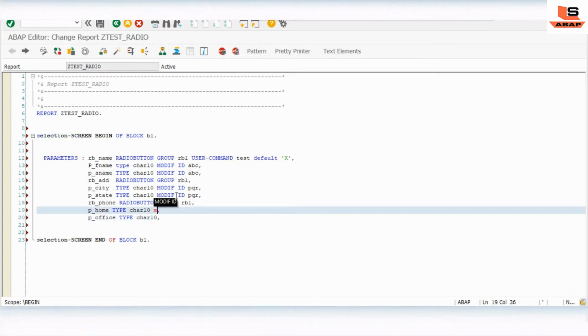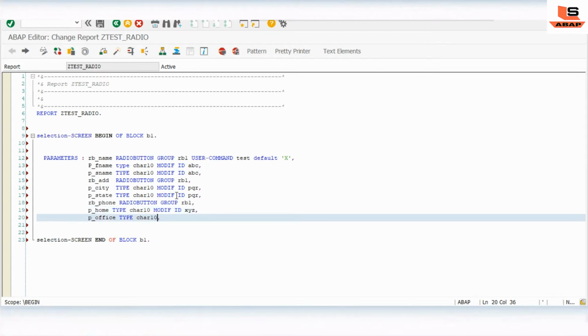Here also we have to give a modify ID, XYZ. It is a different one, MODIF ID XYZ.